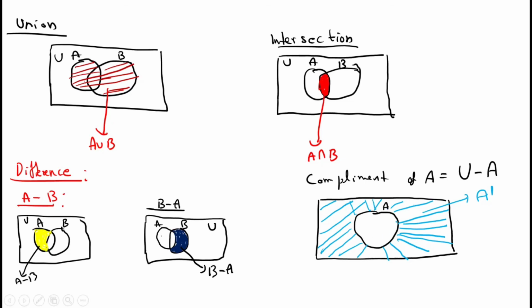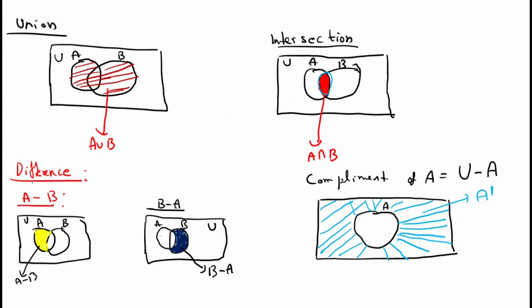This is the diagrammatic representation of operations on sets. First, A union B, that means elements of A as well as elements of B, that includes all the circles. Then intersection of A and B, that includes the common part of A and B. Here only you can see the intersection, this much part, that is A intersection B.